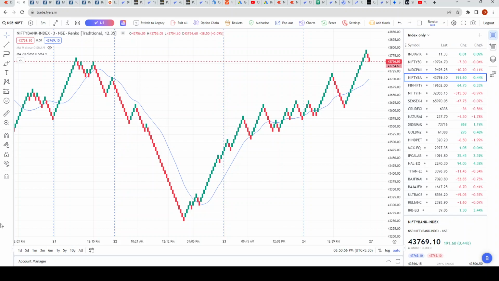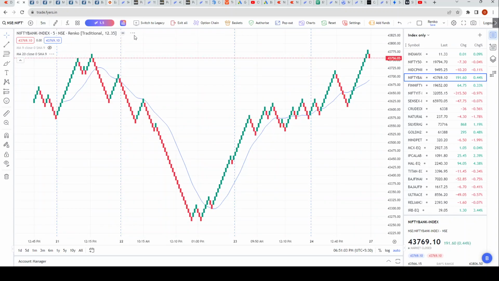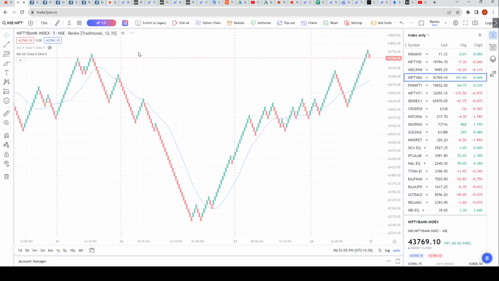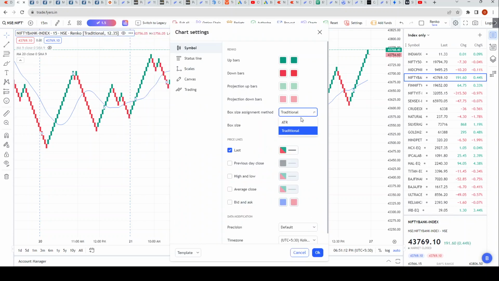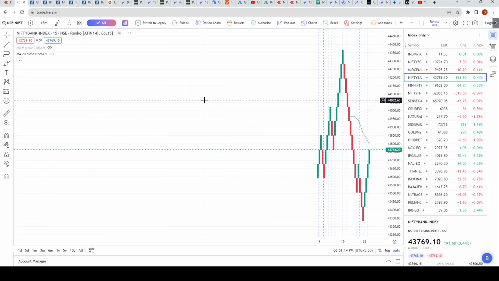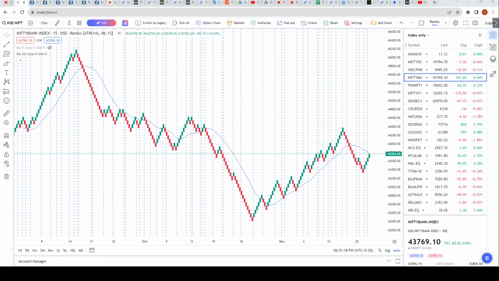All right. So for example, if I make the Bank Nifty 5 minutes, I'll just explain one so that you understand. So if I make this 5 minutes, or let's say I make this 15 minutes. All right. So what I'll have to do is go to the settings, change this back to ATR 14. What value do I get? Now I get 86.15. So now 86.15 divided by 2, 43.07. So now I'll have to